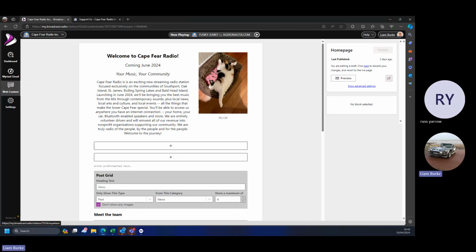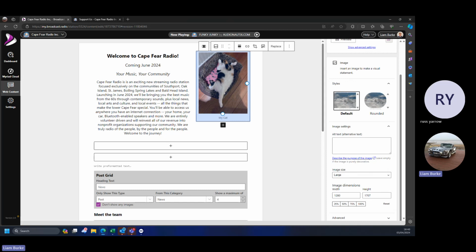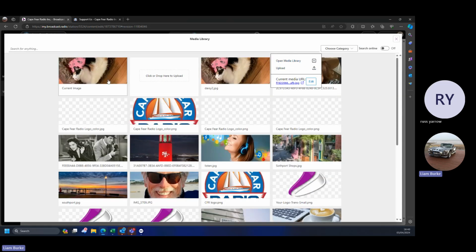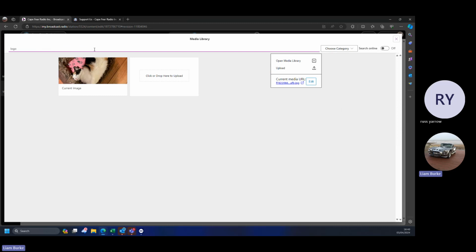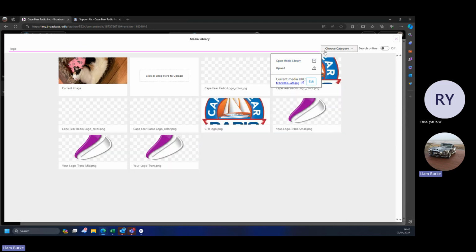You can also go into there, and if I hit replace and I go to the media library, you can also do a search within my library. So if I put logo, it might come up with something. But you could also do a search online as well. So let's say I did want to put